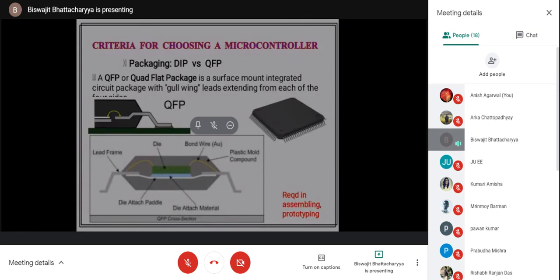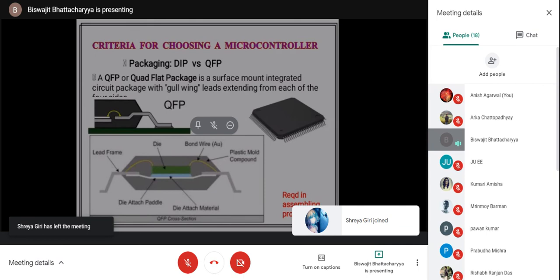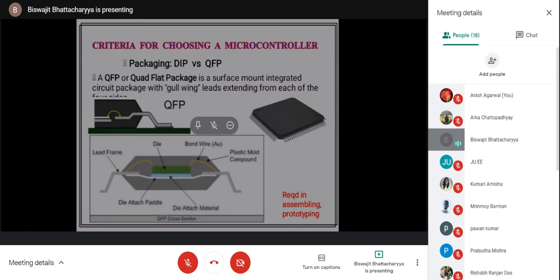Another IC may come in a QFP package, meaning quad flat package. Here pins come out of the package from all sides in a surrounding way. The pins are mounted in a surrounding manner around the IC, and the shape of the IC is normally square, maybe rectangular but normally square. So more pins can be mounted there because no sidewise space is wasted.